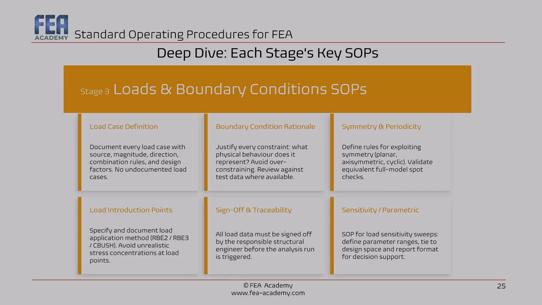The most common BC error is not a mistake in a load magnitude. It's a conceptual error in what the constraint represents. I have reviewed analyses where components were bolted to the ground in the FEA model, where in reality they were bolted to a flexible substructure. And I'm pretty sure you too have seen that. The physical stiffness, in that case, was orders of magnitude different from the model stiffness. Obviously, the results looked fine. The physical test told a different story.